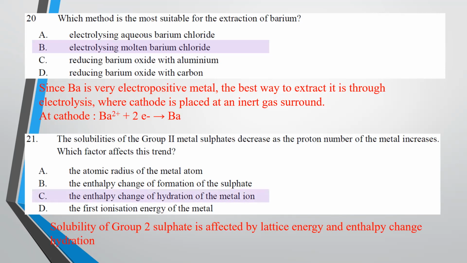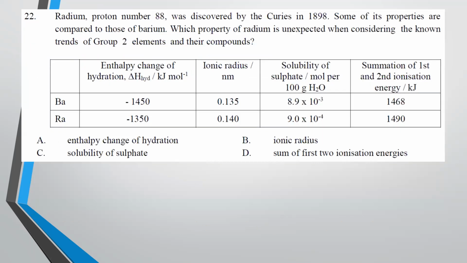Okay, so any questions so far? Okay, so no problem. Then we go to question number 22. Radium, with proton number 88, was discovered by Marie Curie in 1898. Some of its properties are compared to those of barium. Which property of radium is unexpected when considered as the last element of group 2 and its compounds? So in terms of enthalpy change of hydration, radium has a lower enthalpy change of hydration because